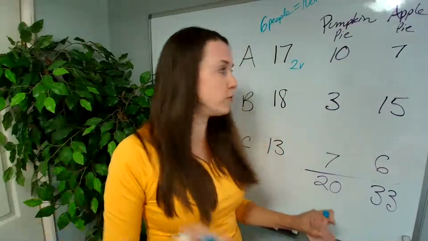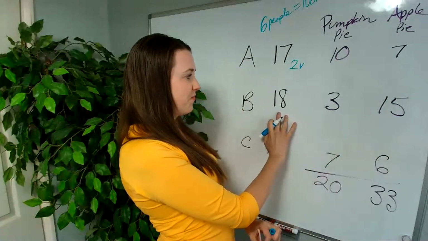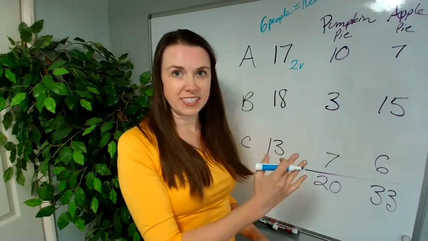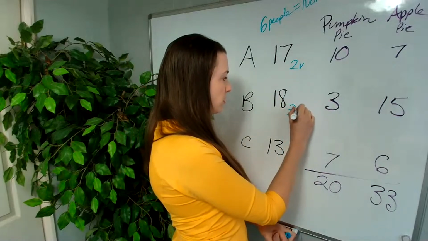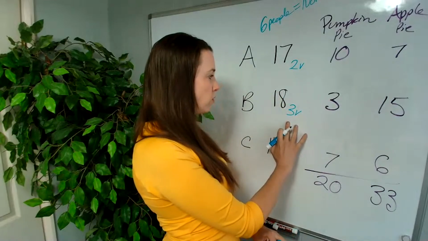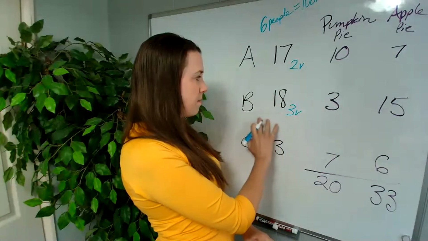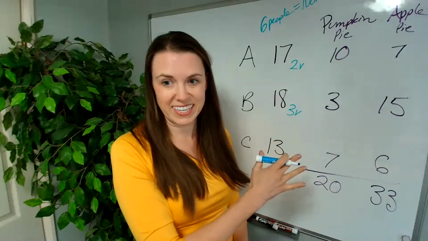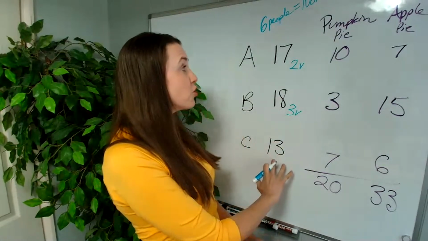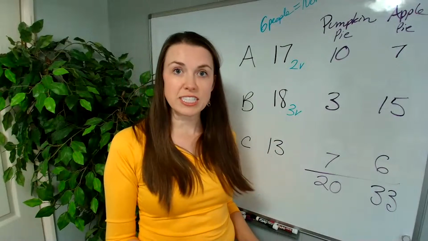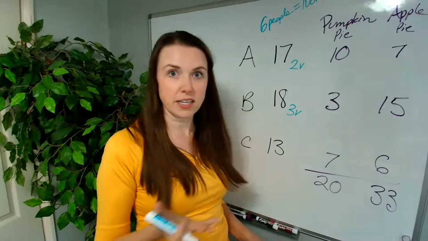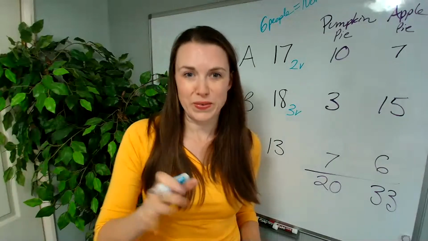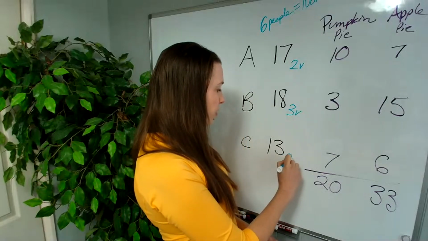So they get 2 votes, right? The 18, what is 18 divided by 6? That's 3 votes. So they get 3 votes, and these guys, 3 votes total because they have 18. And now this one here, 13, what is 13 divided by 6? 2, right? So here we have 2 votes.